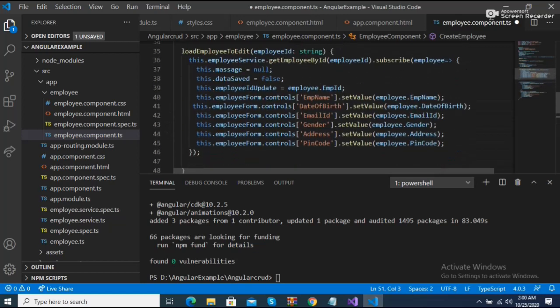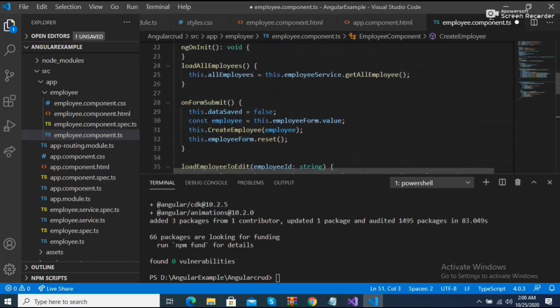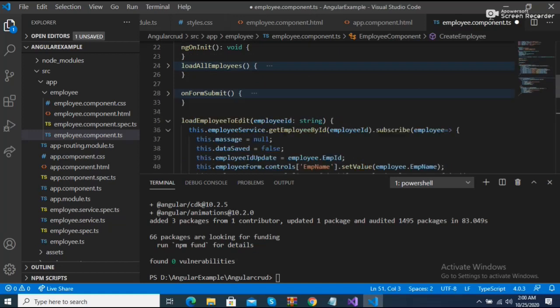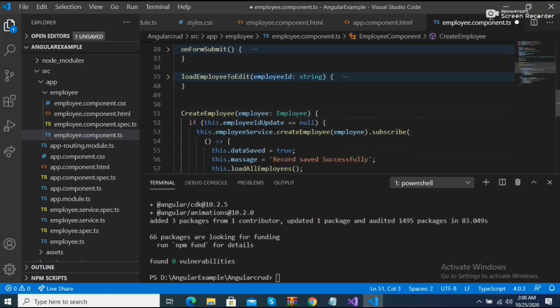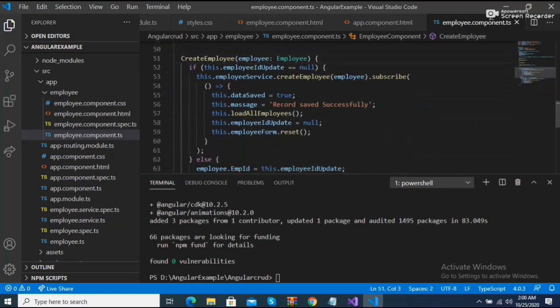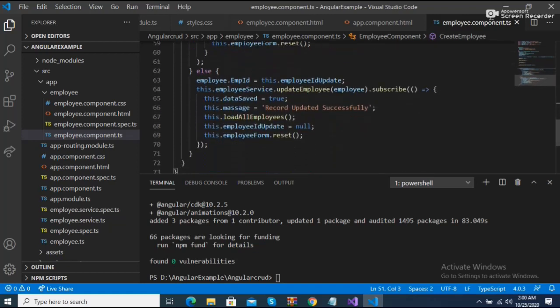So I will stop this kind of block, load employee this, and now we have to go towards the create employee. In the create employee method I just create the person who is updated. For example, if the person is created once, it's not allowed to add another employee, right? So this is the logic about adding the employee, create employee, and else employee id like this, and load all employees.